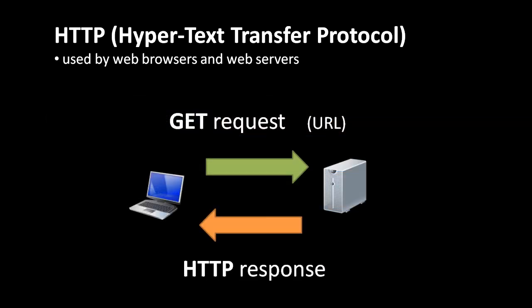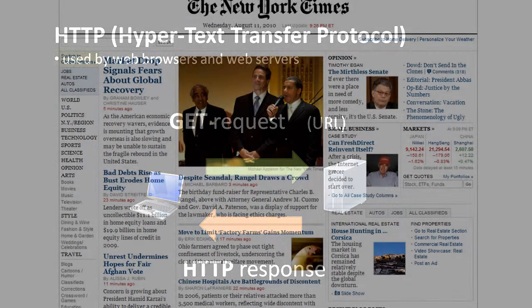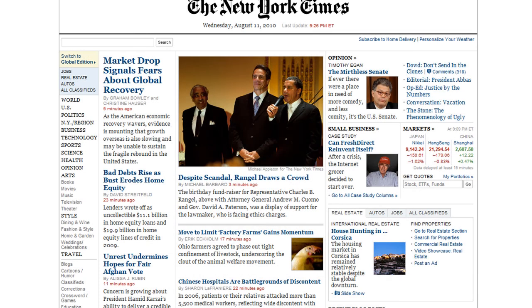And also, as we already discussed, the basic kind of HTTP request is called a GET request, which sends just basically a URL to a web server, and then the web server, looking at that URL, then responds back with the appropriate content. Now, the important thing to understand here is that a typical web page is made up of multiple resources, not just the resource which is the HTML itself,